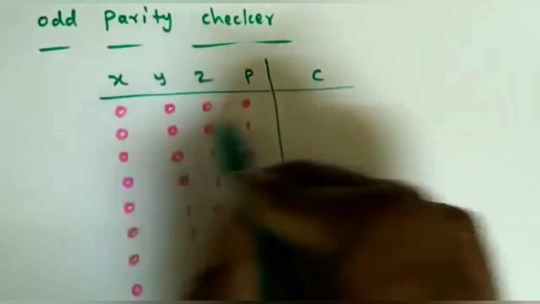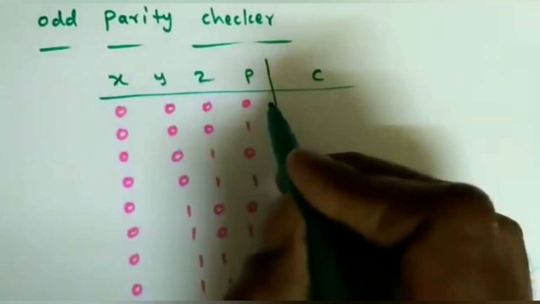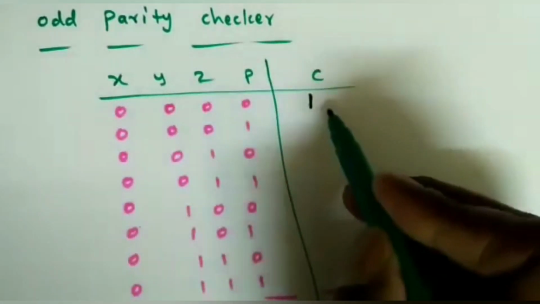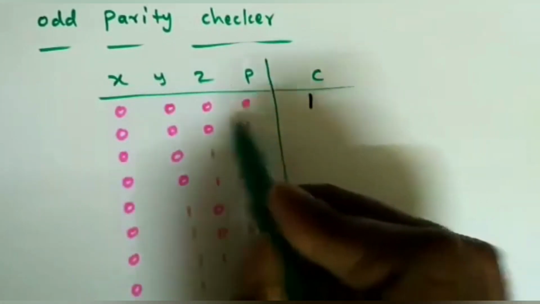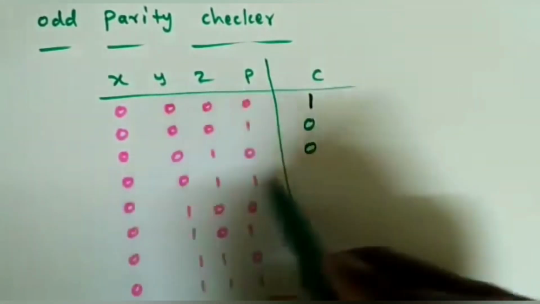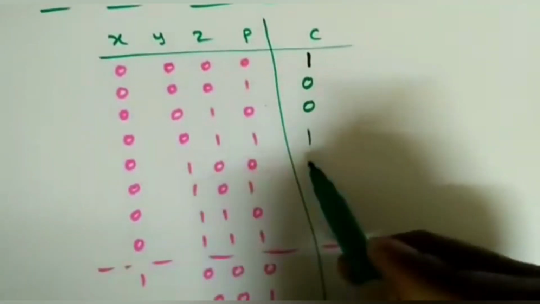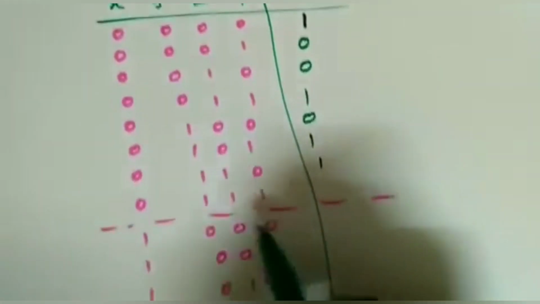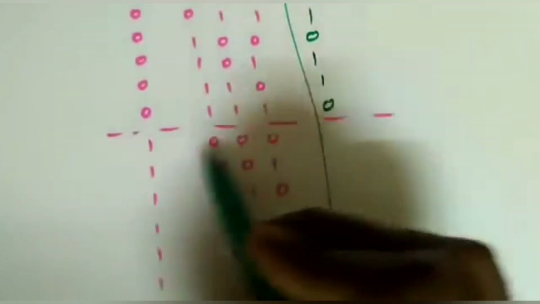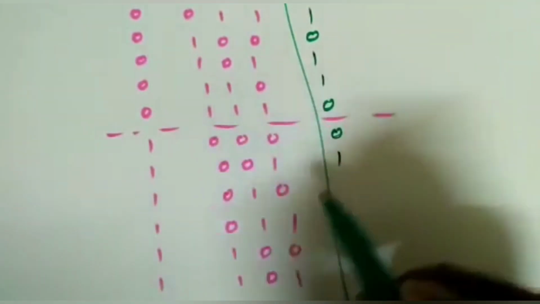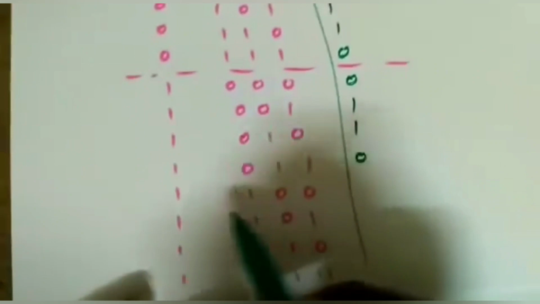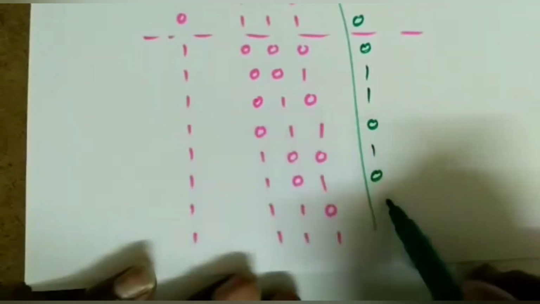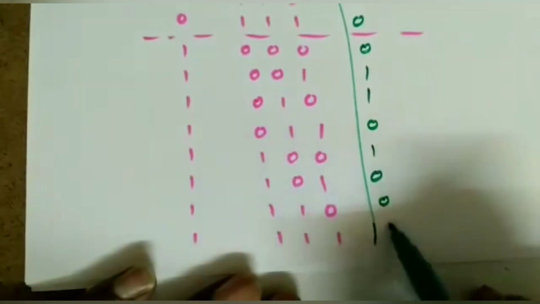If you see, there is no one at all, so it is an even parity. That means there is an error, so it will produce output as 1. Error means 1. An odd number of ones means no error. An even number of ones means an error is there. Odd number of ones, no error. Even, error. Even, error. Odd, no error, and so on. So: no error, error, error, no error, error. Odd number of ones, no error. Odd, no error. Even number of ones, error is there.